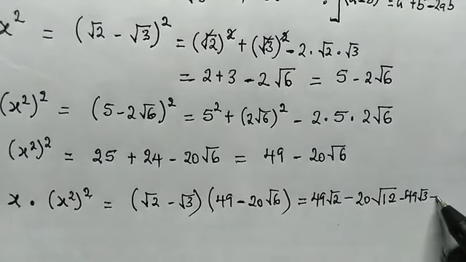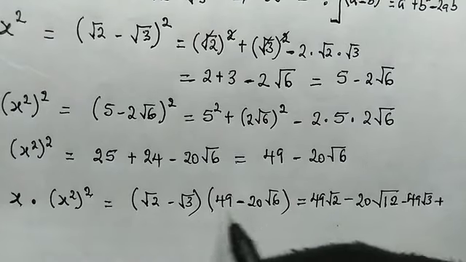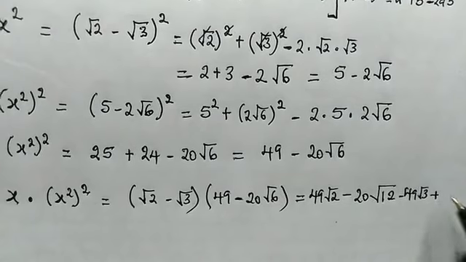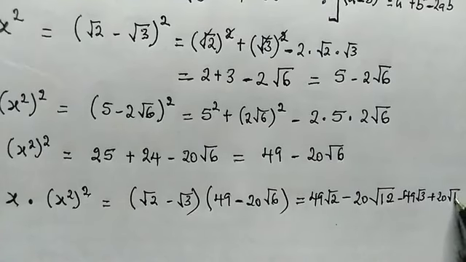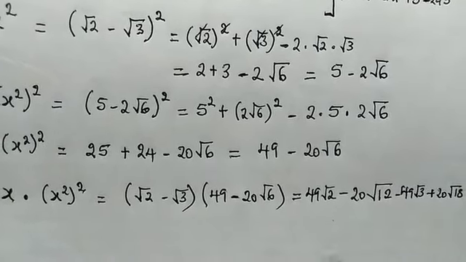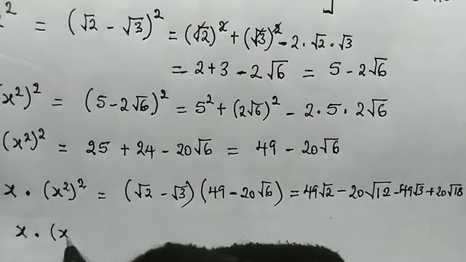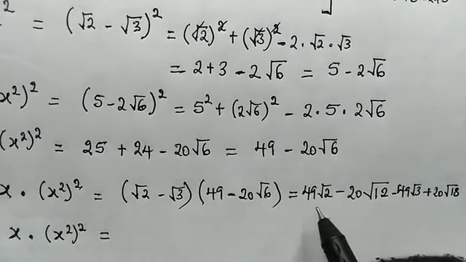Then we have plus, because minus times minus is plus, 20 root 3 times root 6 is root 18. So this will be 20 root 18. So here we have x times the square of x squared will be equal to, so from here